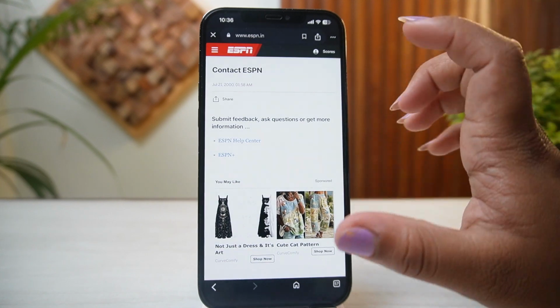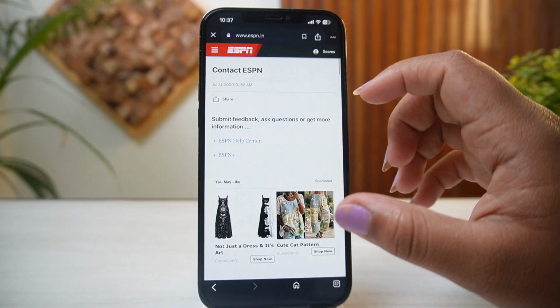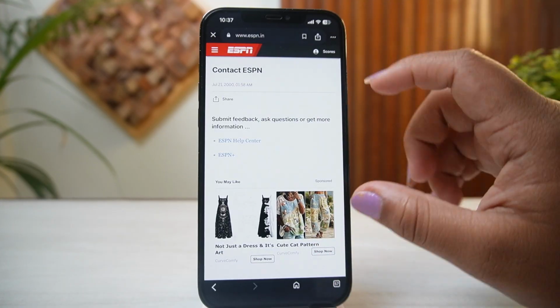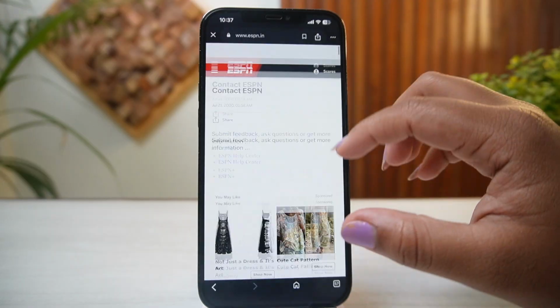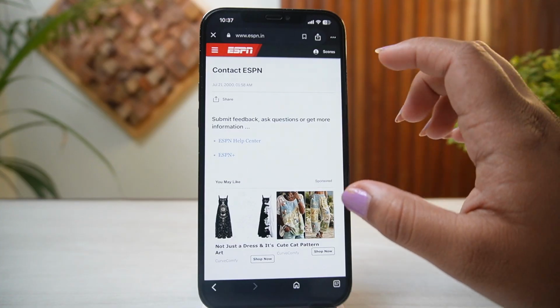How to dispute an ESPN Plus charge on bank statement. So in here, the very first thing that you need to do is, of course, check if the charge originated via your Disney bundle or your Google Pay or your Apple Pay, right? So make sure of that, and then from there you can actually contact your ESPN Plus customer service via